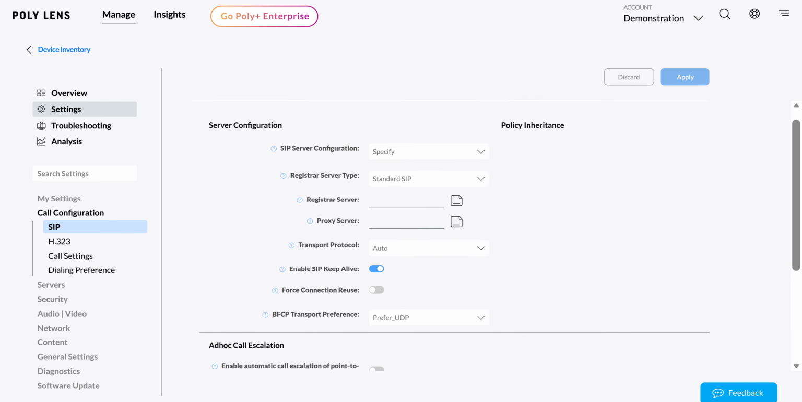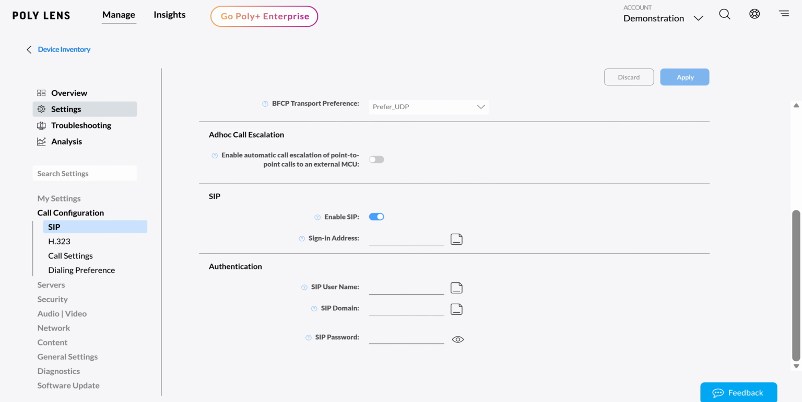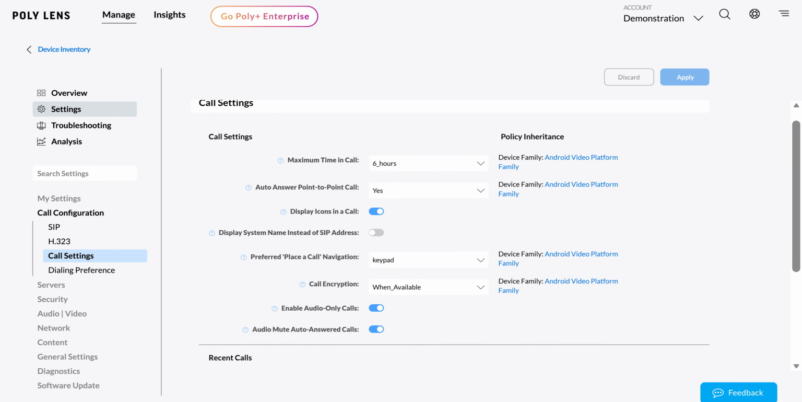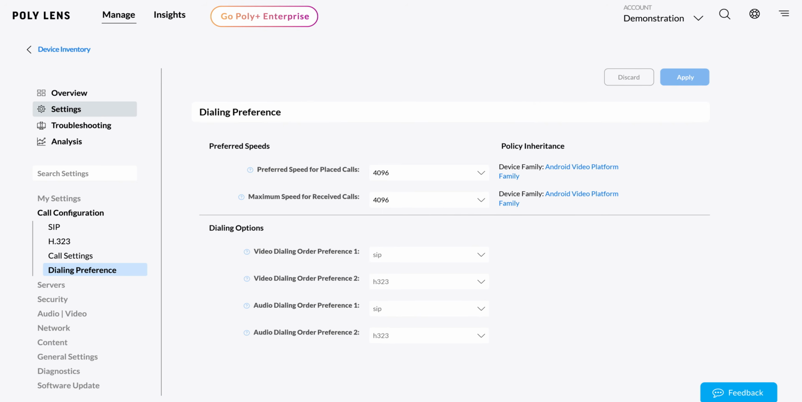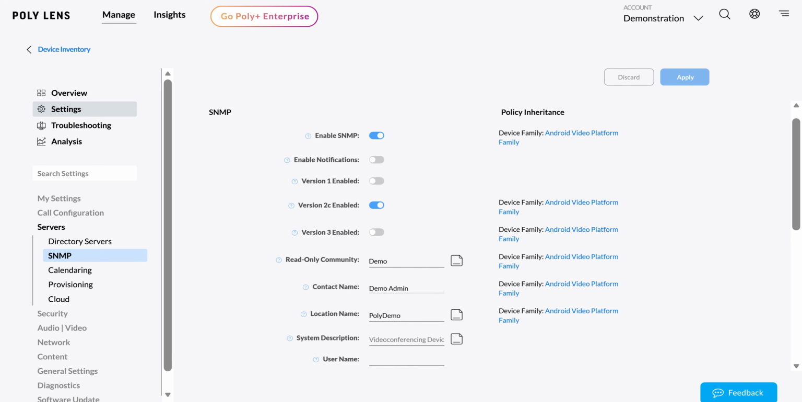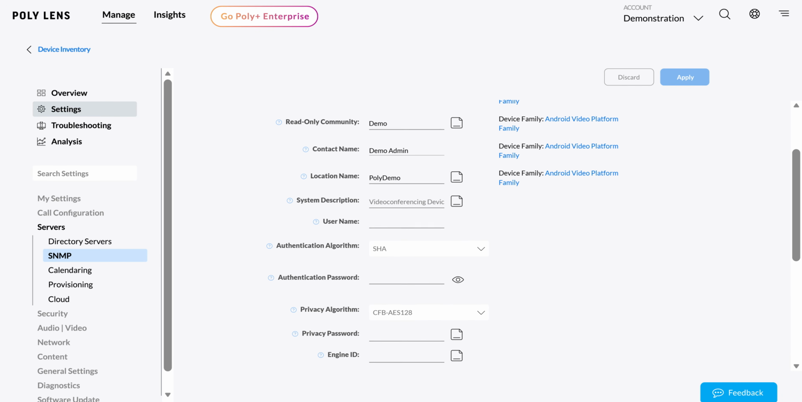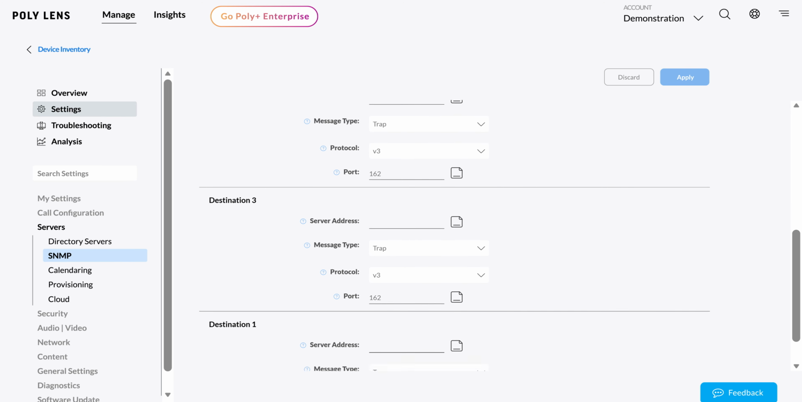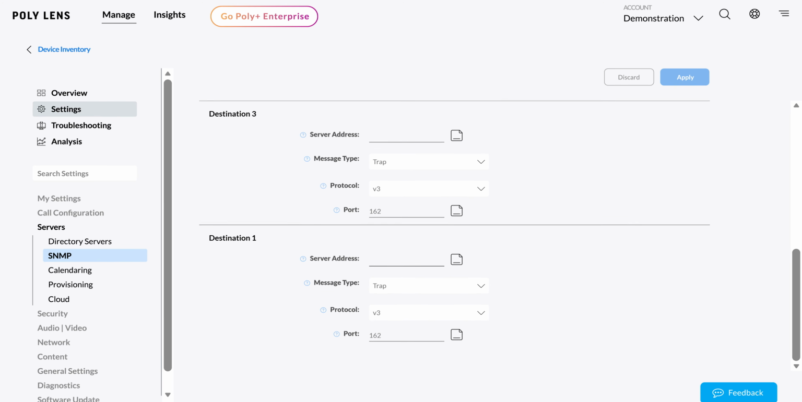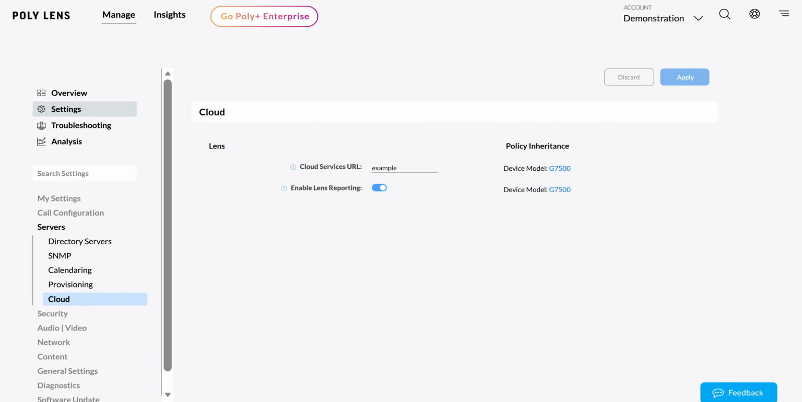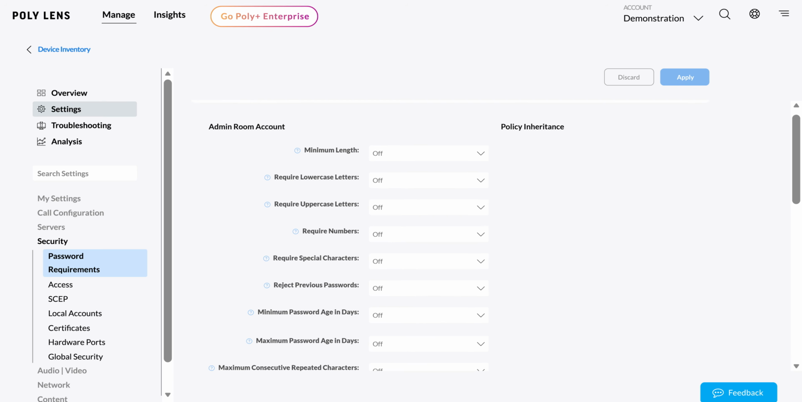Here you can configure SIP, H323, call settings, and dialing preferences. Servers allows you to configure directory servers, SNMP, calendaring, provisioning, and cloud settings. Security allows you to configure password requirements,